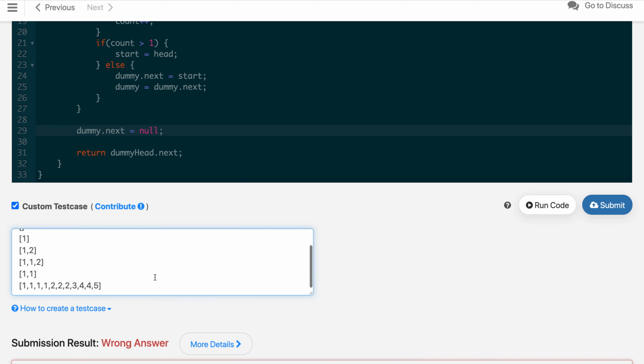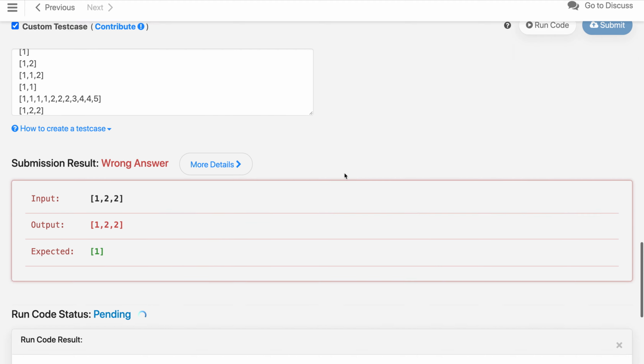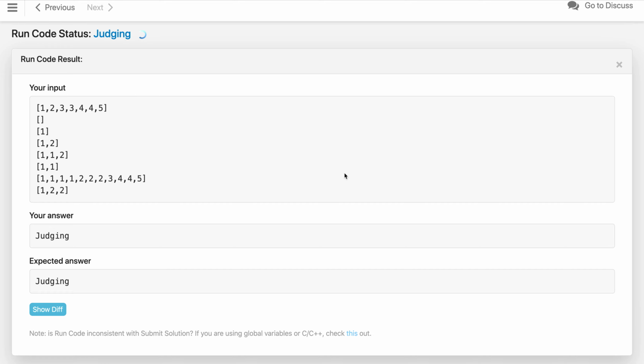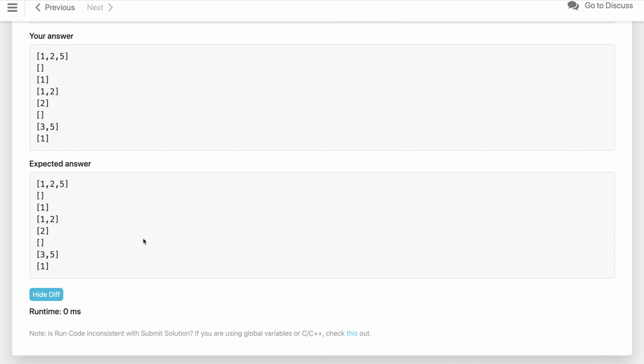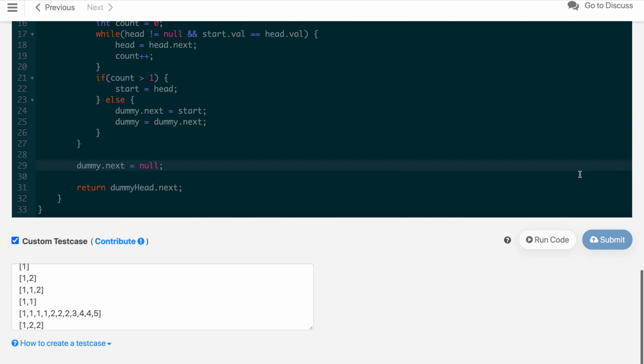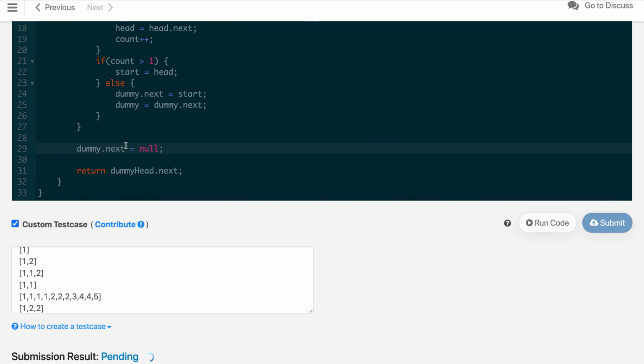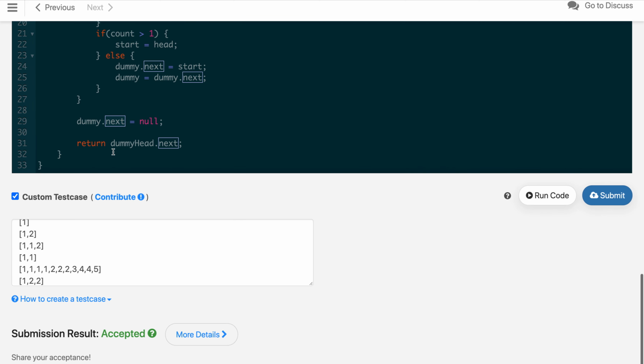So that will solve our case. So let's try to custom test it at first before submitting. So start, and it's going on now, and now you can see we are getting the correct answer. So let's submit this after this fix. So this is very important, like you have to update properly. So it got accepted now.